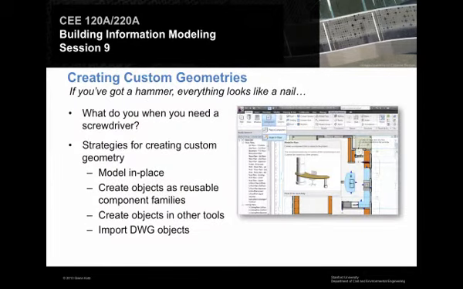Here's what I want to go to next. It's this notion of really custom geometries. Now, I think we can introduce this pretty quickly for you. The idea is,